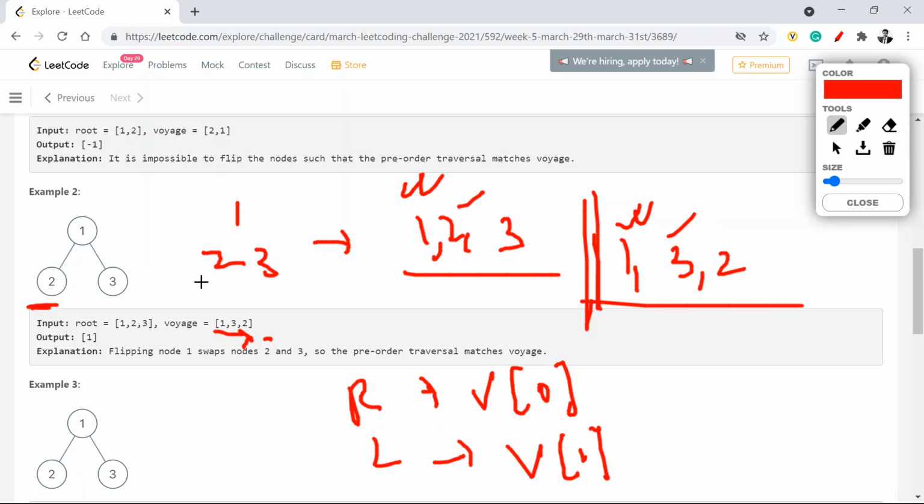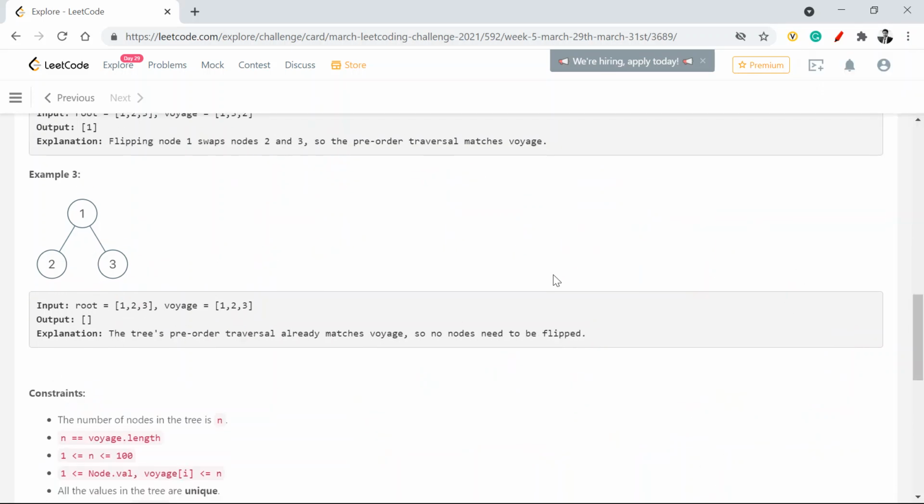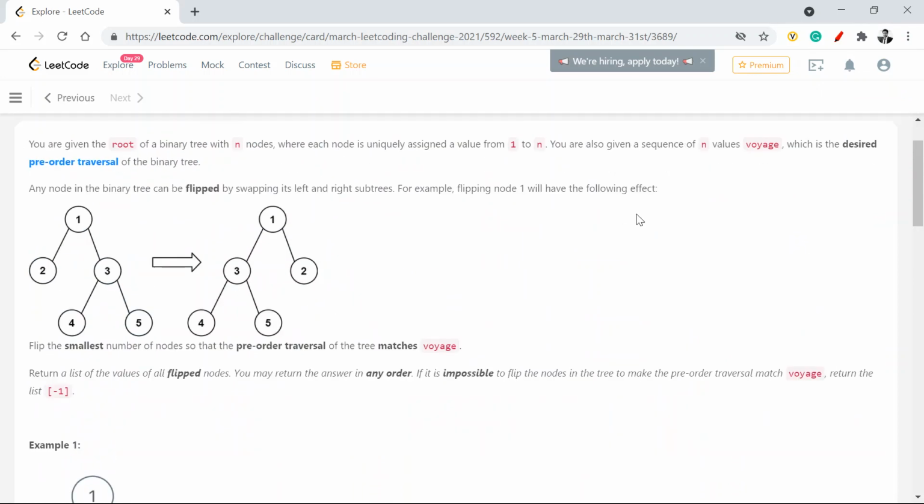So I'll use 3 as my node now, and it will be something like this: 1, 3, and 2. Then I'll check if 3 is matching with v1, yes, that is true, so it is already flipped. Then 2 will be matching with v2, yes, that is also true. So overall, I'll return the root node where the flip happened, that will be 1. Now with this, let me go ahead and quickly write the code.